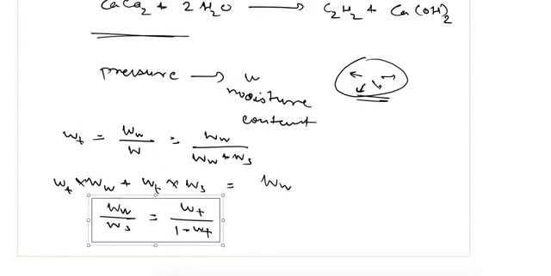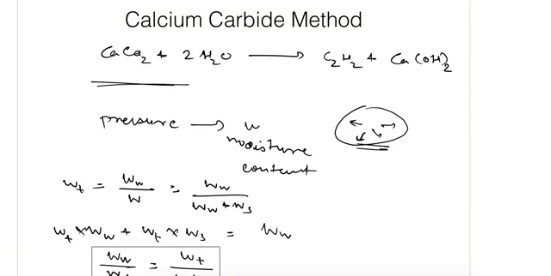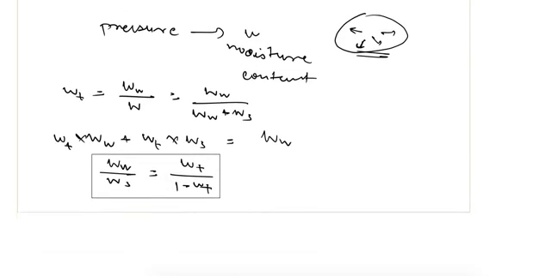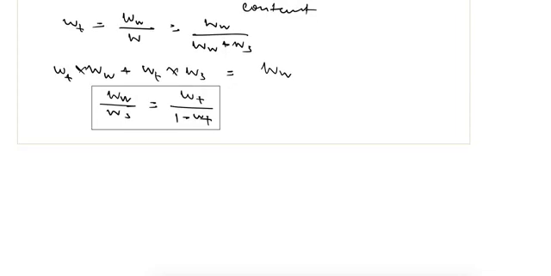In this, the equipment is calibrated in such a way that whatever pressure the gas is producing when this reaction is taking place, the acetylene gas will release. So we are measuring the pressure applied by this gas, and we are calibrating it in such a way that it will give us the moisture content of the sample. So that's it for the moisture content. Next we will see the unit weight and specific gravity.